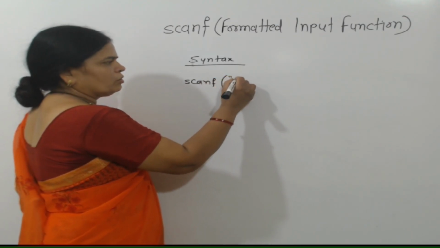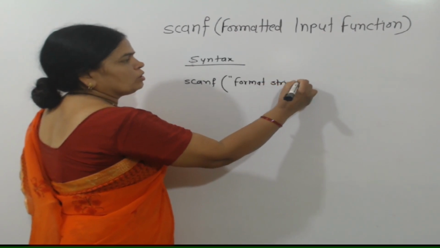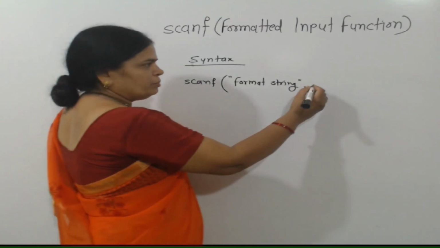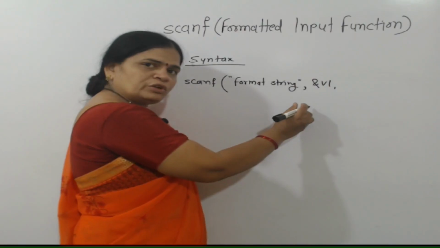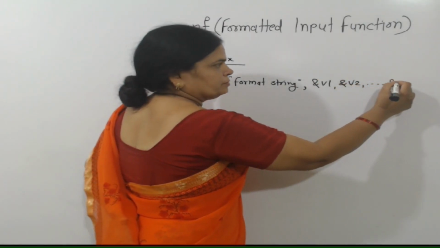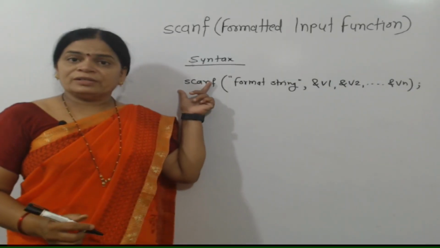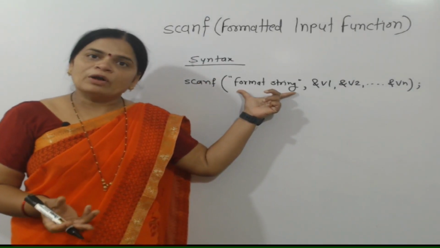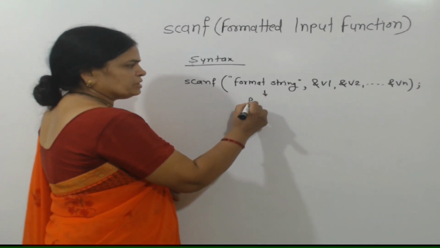After that, in double quotation there will be the format string or the control string, and then after comma you will be writing or you will be having the variable names in which you want to input the values, and after that semicolon. So here also, just like in printf, scanf has firstly the format string, which contains the format specifiers